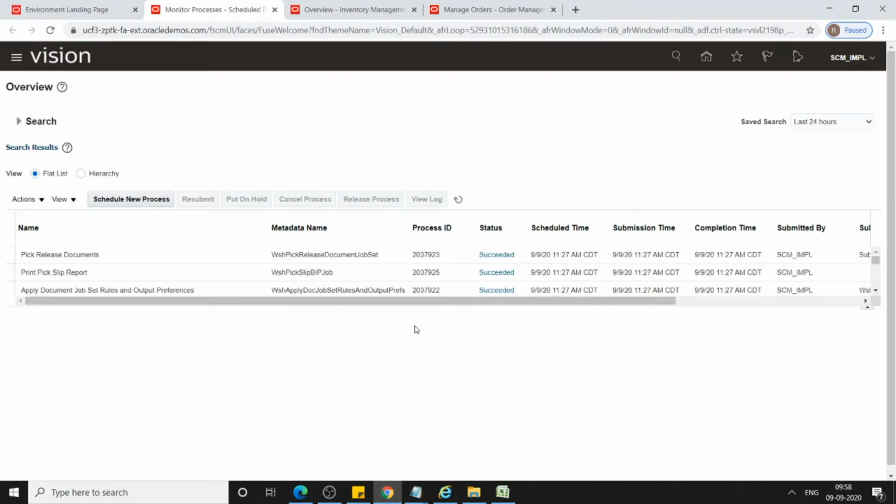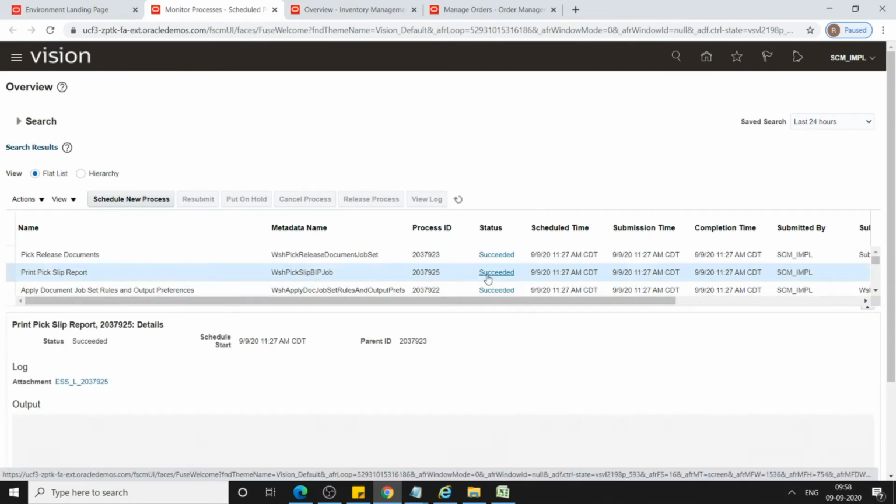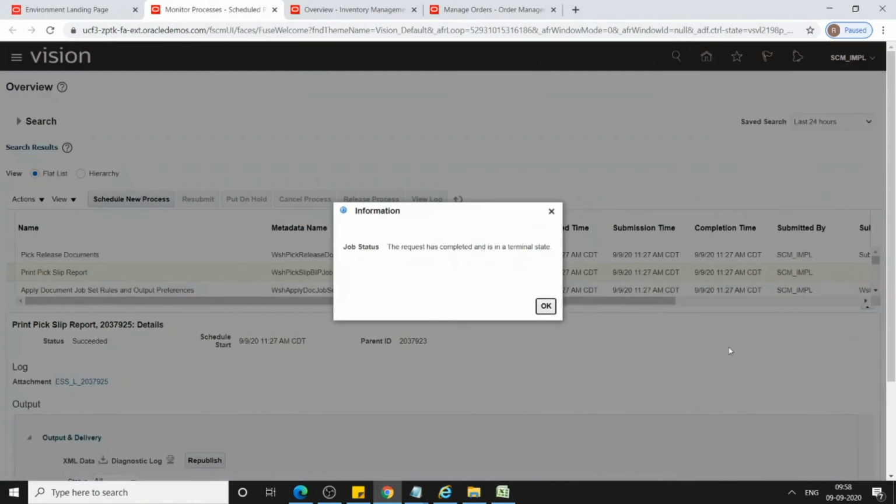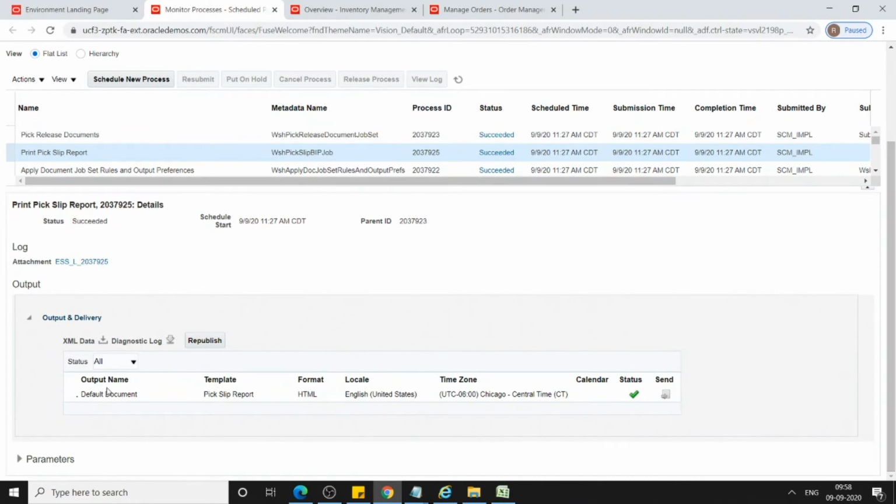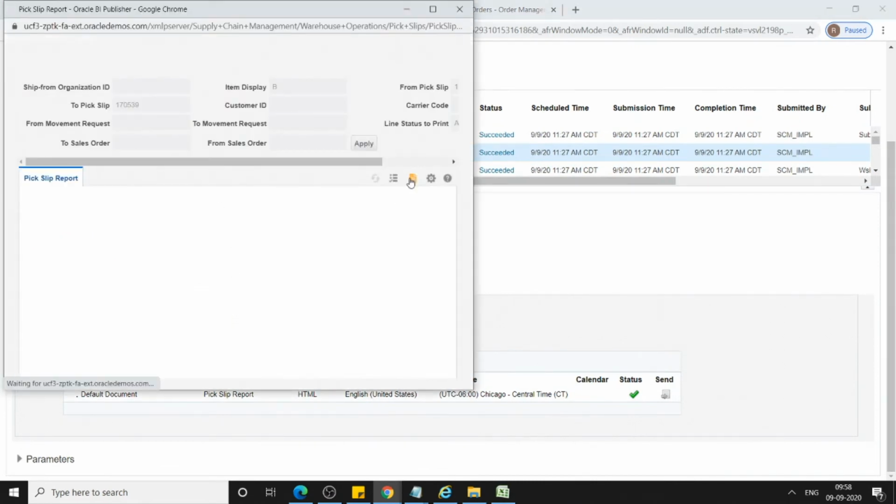Here a pick release documents process got submitted, and you can also see the print pick slip report. Click on succeeded, click OK, and see the output is generated. Click on republish, select this, and click on PDF.